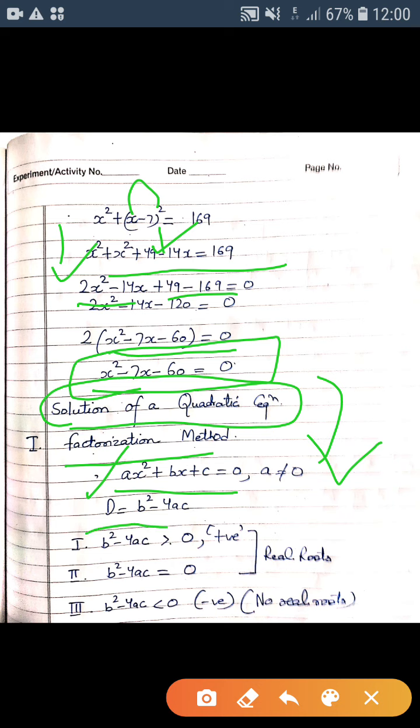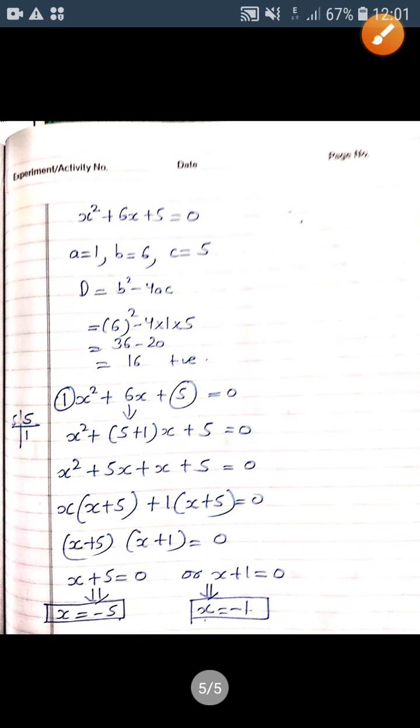So we are interested in the discriminant. What is the discriminant? It is denoted by D. Its value is b square minus 4ac, and all the solutions depend on this value. That is why it is called the discriminant. It is going to decide whether the given quadratic equation has real roots, no real roots, or equal roots. In the first case, if the value is greater than 0, or positive, then you are going to get real roots. If it is equal to 0, then also you are going to get real roots. And if the value of b square minus 4ac is negative, then there will be no real roots.